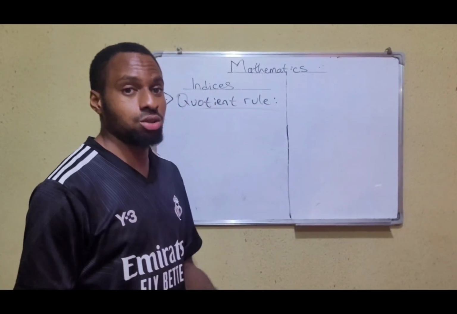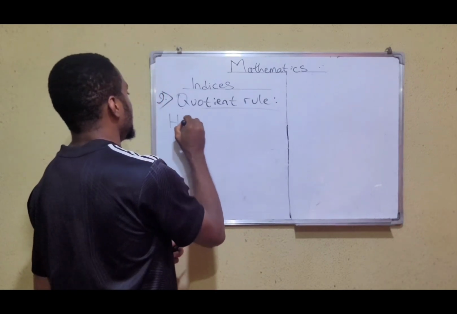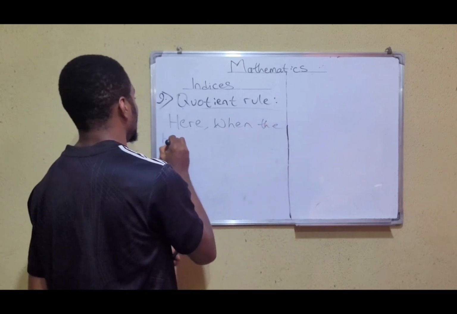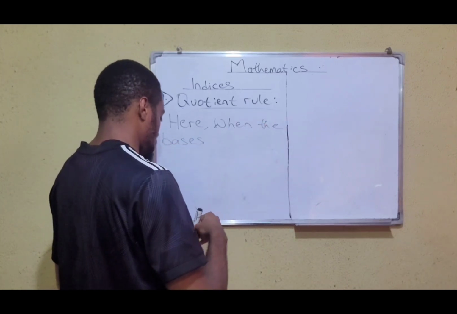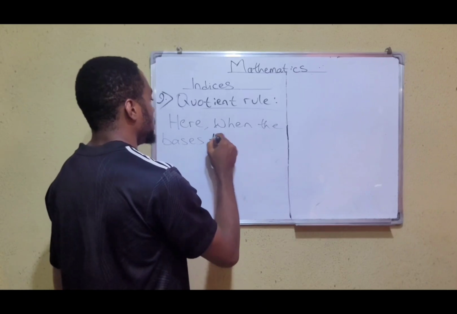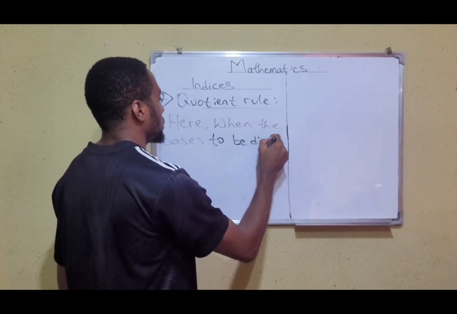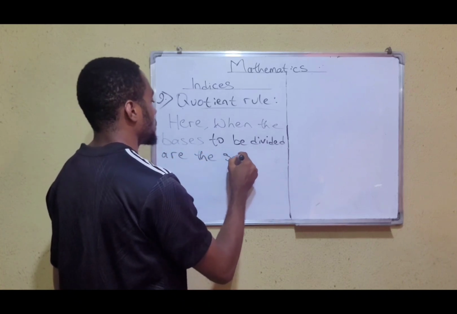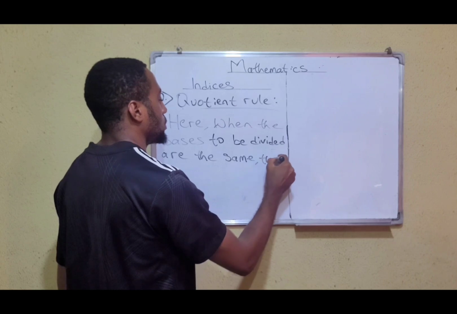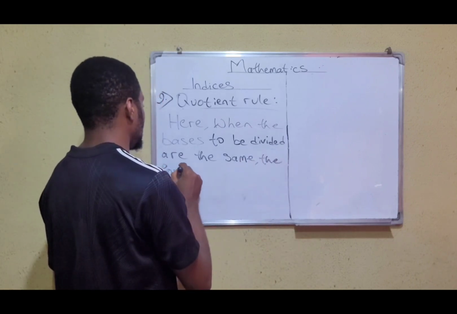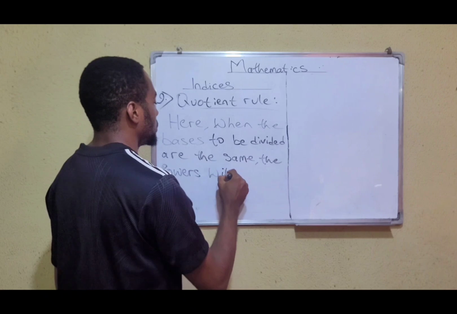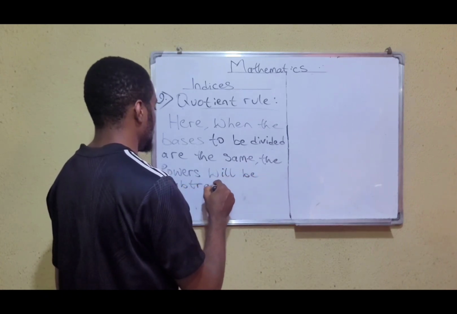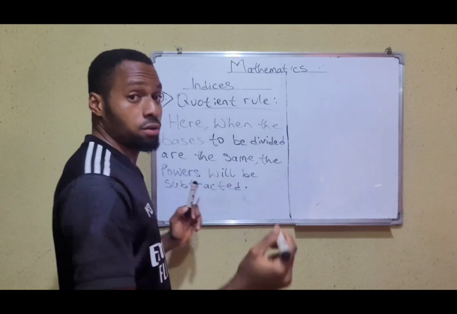So we go over to the second one. We have the quotient rule. Here, when the bases to be divided are the same, the powers will be subtracted. For example,